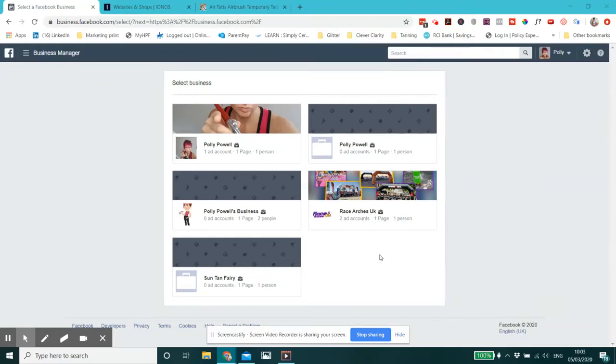Okay, so I'm going to show you how to set up the Facebook pixel on your website. First off, you need to make sure you have a business page set up in Facebook for your company. If you don't, you need to do that first. Then you need to go to your business manager, which is